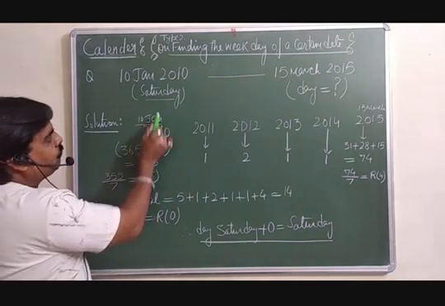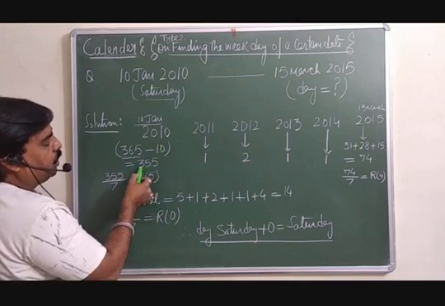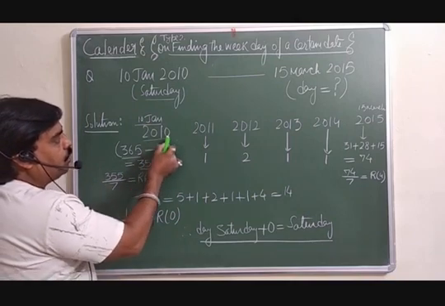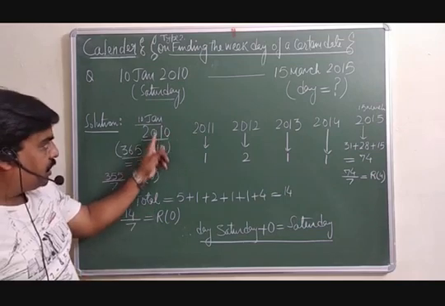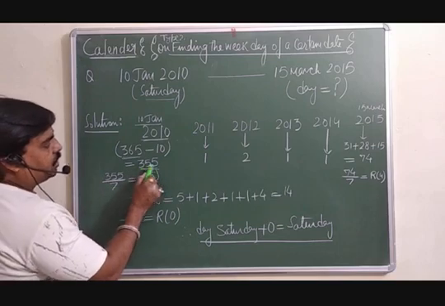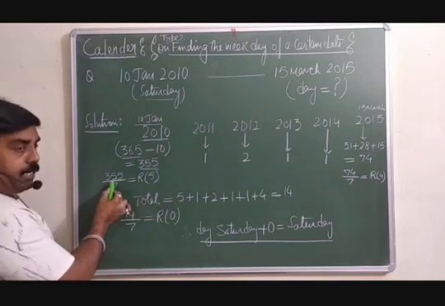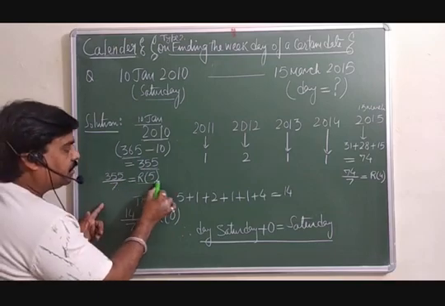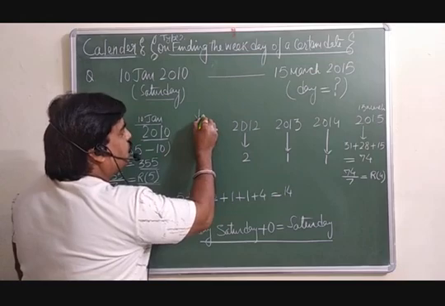So what we will do is, from the total 365 days, subtract this 10 only. You will get 355, because this is your non-leap year. This is a non-leap year because the last two digits are not divisible by 4. So we are taking 365 days. This 355 divided by 7, you will get the remainder 5. You must write down the remainder.